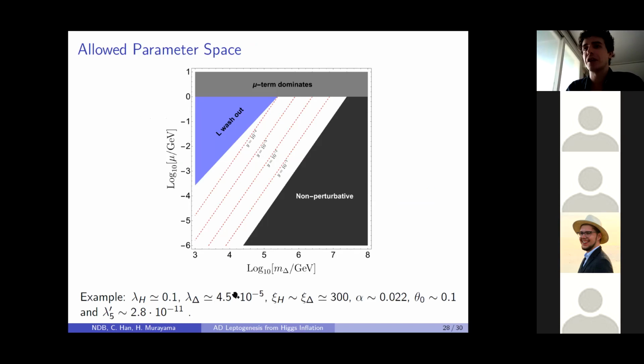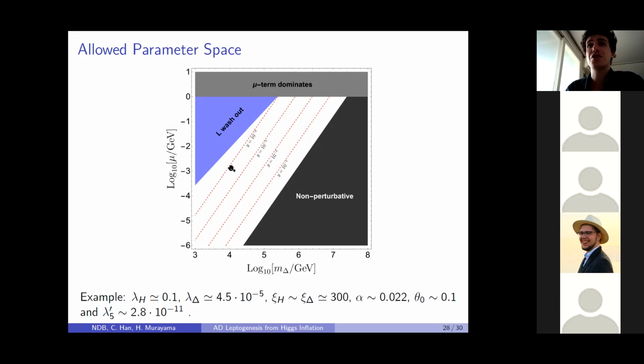In this case, the delta ends up somewhat dominating the inflationary setting, and that's why this alpha is 0.022. I should say this isn't a free parameter, it's fixed by these various parameters. So if we assume these parameters, you can assume other choices, but some of these are fairly generic. We get this large region here where we can have successful inflation, leptogenesis, and also produce the neutrino masses for given Yukawa couplings here.